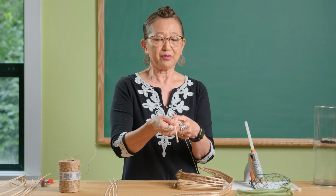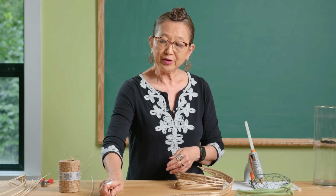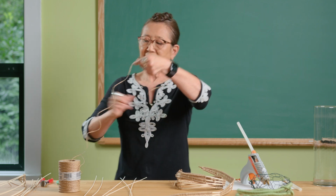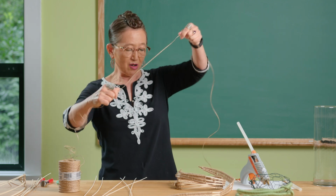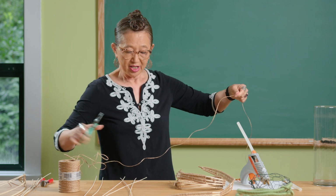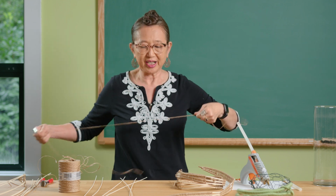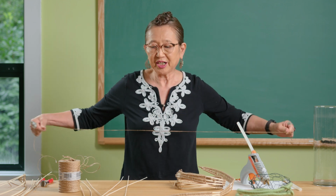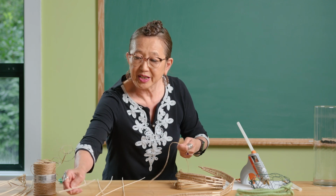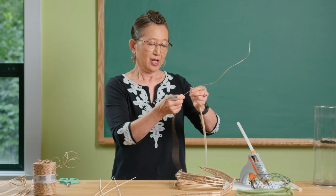So essentially that's how we start out, like this. And we're going to do the same for the next pair and the pair after. And then you're going to take a rather long piece, maybe 3 feet, maybe even longer than that. Not too long, because you have to thread it through the Midollino, so you don't want it so long that it tangles up, but you want it long enough so you don't have to keep adding. And you're going to take the very first piece, the pair that we started with, and